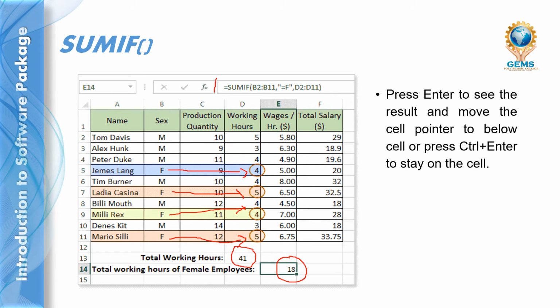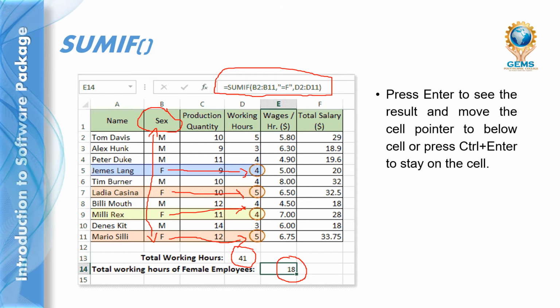See this address bar, there is a formula equal to SUMIF of B2 to B11. Which cell range do you want? This is the cell range, B2 to B11, and which category.